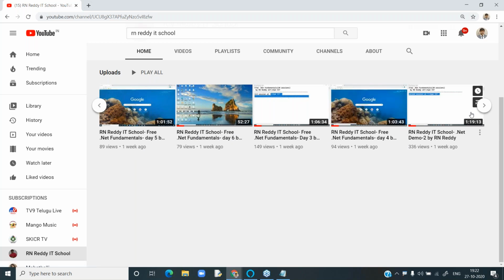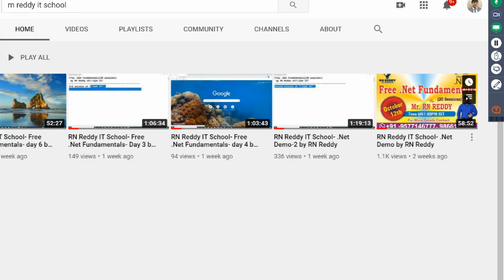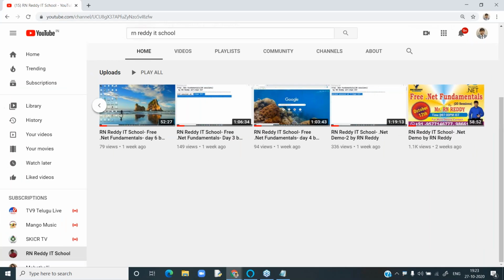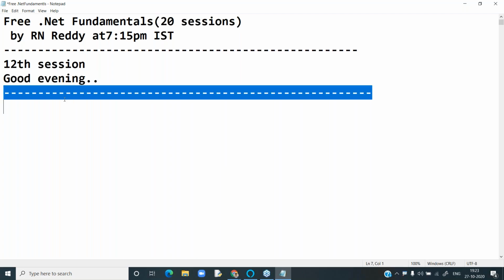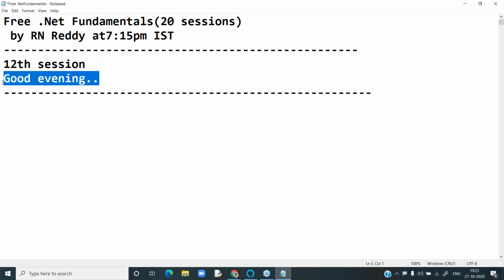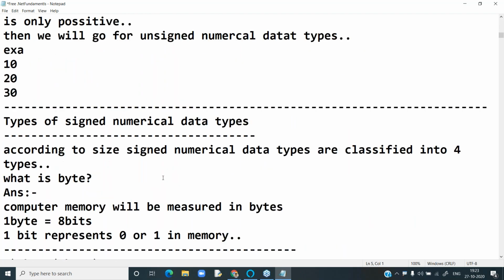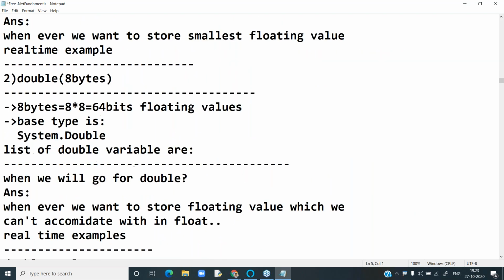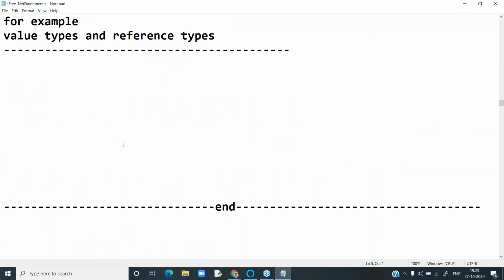And coming to, we are discussing data types. In data types, in last class, we completed all the primitive data types discussion. After that, we discussed all the data types in .NET, and we have kept another topic called value types and reference types. So this is another category. Today's topic is value types and reference types. Last class we discussed data types classified based on the type of the data and the size of the data.